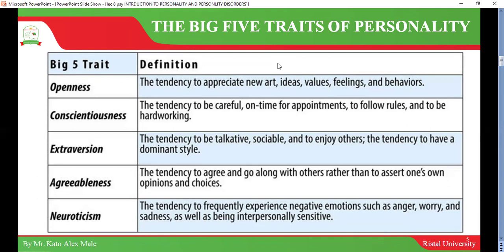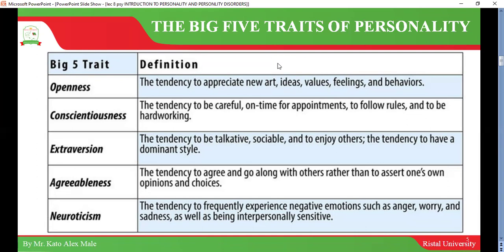That's extraversion. Then agreeableness, the tendency to agree and go along with others rather than to assert one's own opinions and choices. These people are easily interactive. You can easily interact with them because even if they have their own opinions, they will always go with